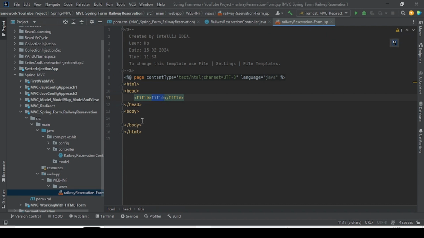So here I am going to write, let me write h1, welcome to railway reservation. Okay, welcome to railway reservation. This is the thing it will display, and once that is displayed, then what we'll do here in this